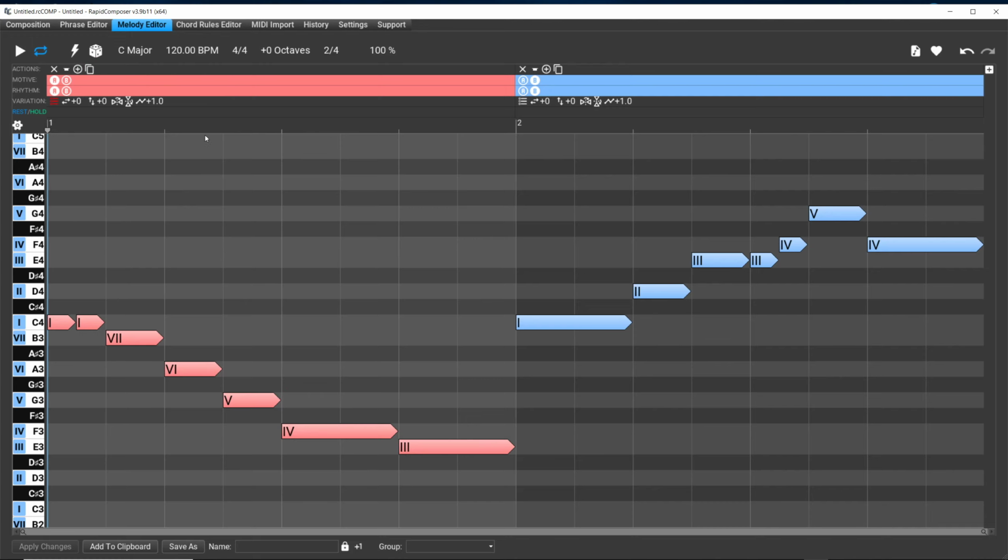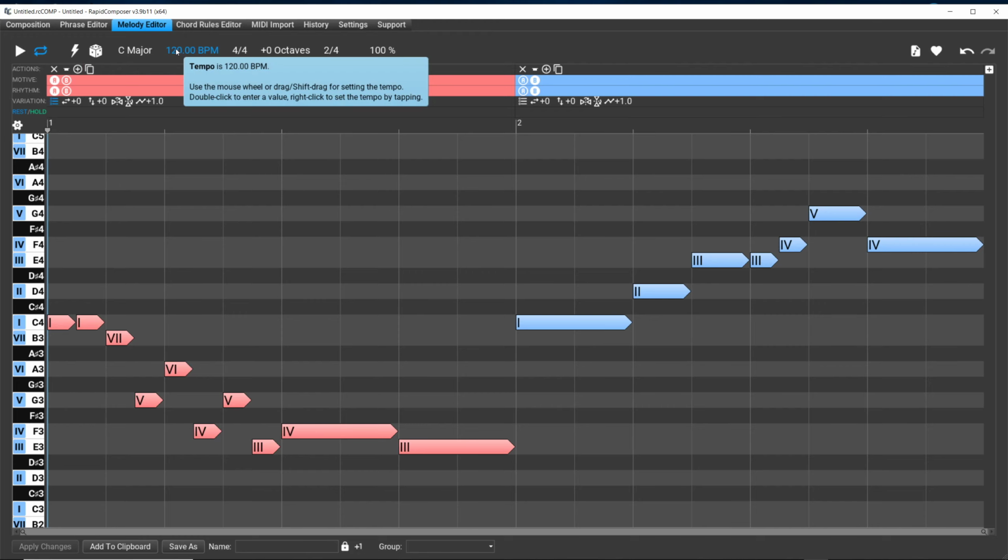Although we have some leaps in the first bar. We're going from A down to F, and then we're going from G down to E. So we've got a couple of leaps. Actually, we have 3 leaps in bar 1, and 4 if you count the leap up to,